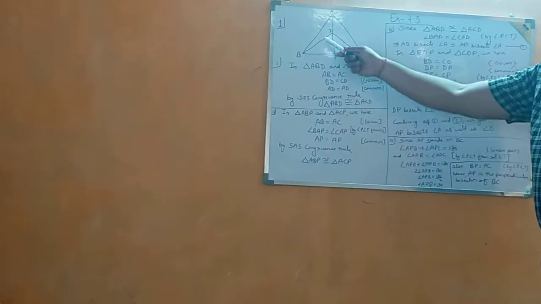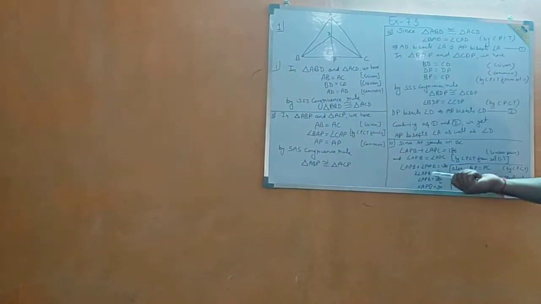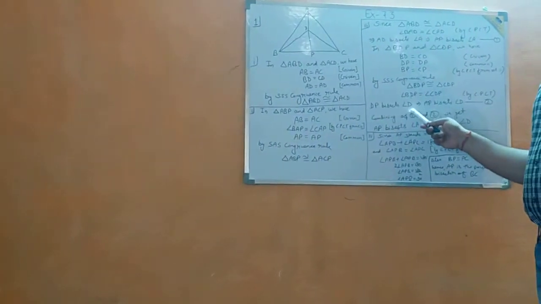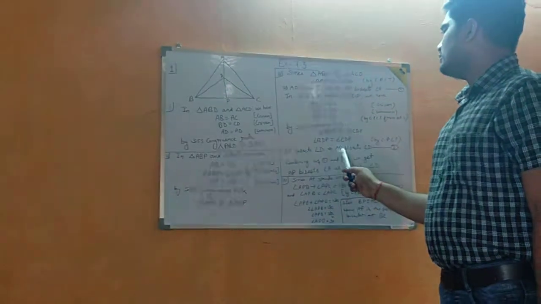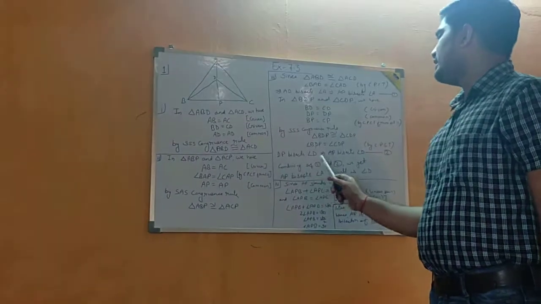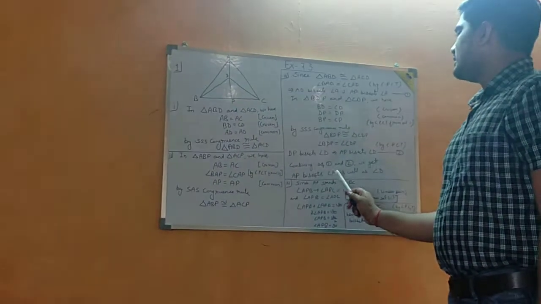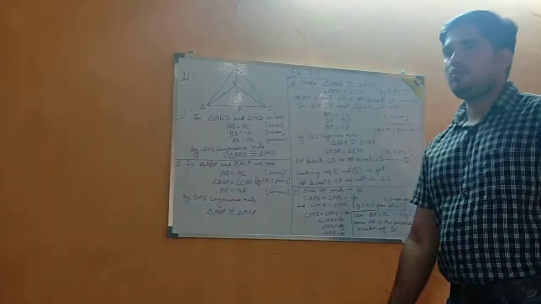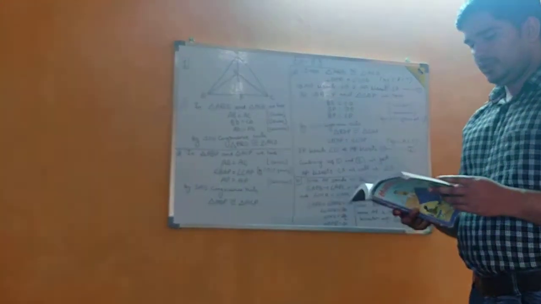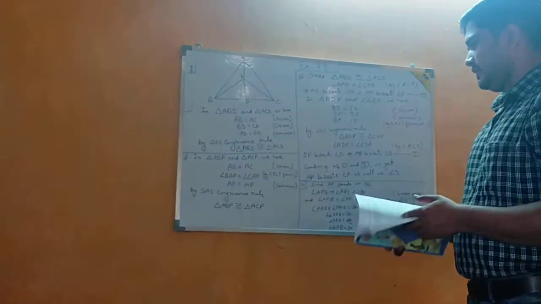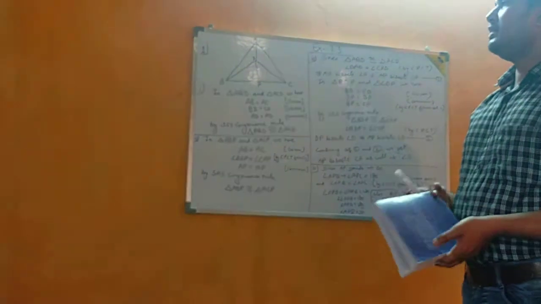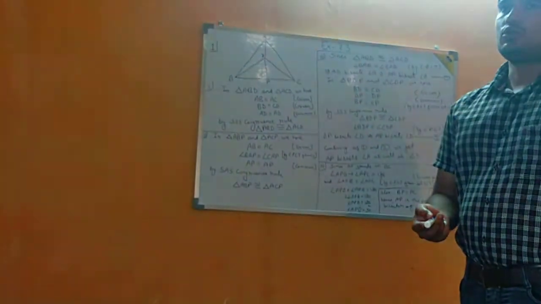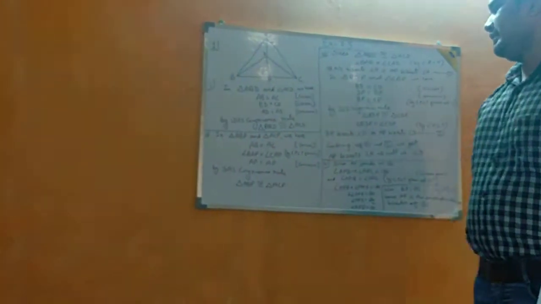So these two parts are congruent, equal. So we can write DP bisects angle D. In place of DP we can also write AP bisects angle D. Combining equations 1 and 2 we get AP bisects angle A as well as angle D. So third part is completed. Now we have to complete fourth part. AP is the perpendicular bisector of BC. So for showing that AP is the perpendicular bisector, we have to show that angle P is 90 degrees.